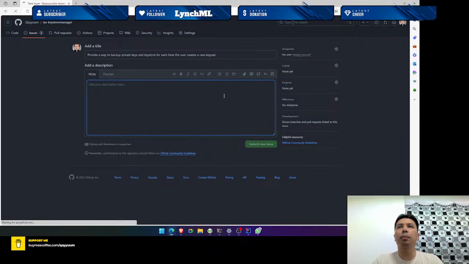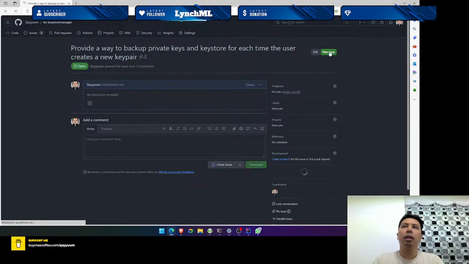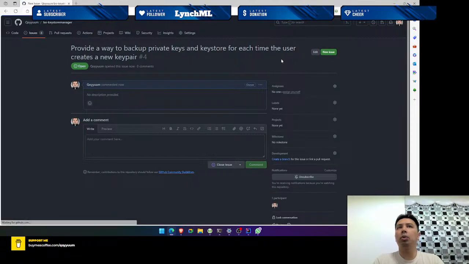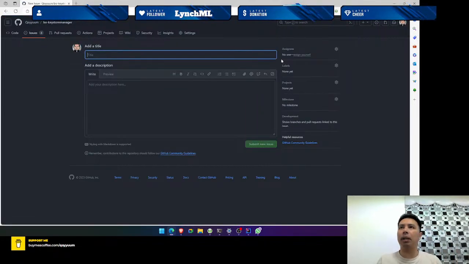Enough said, I guess. Another issue. So backing up, obviously you need to back that up. Whether you use Git or something else, you would have a backup folder of all the past private keys. And if any of those keys are expired, okay,